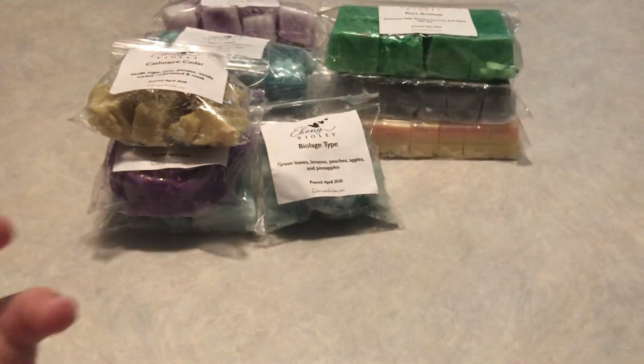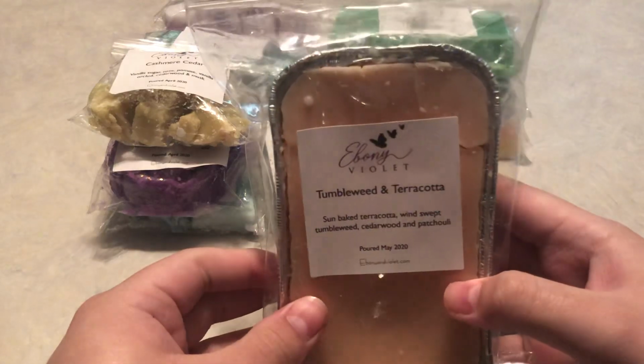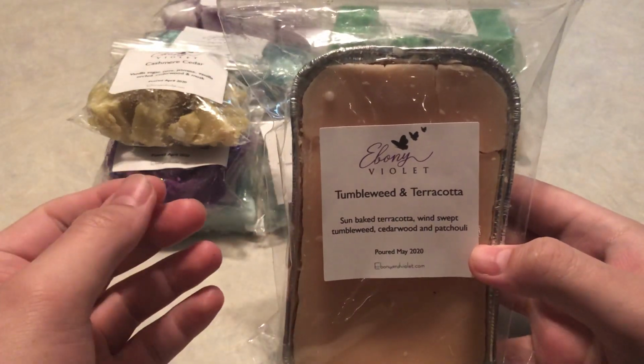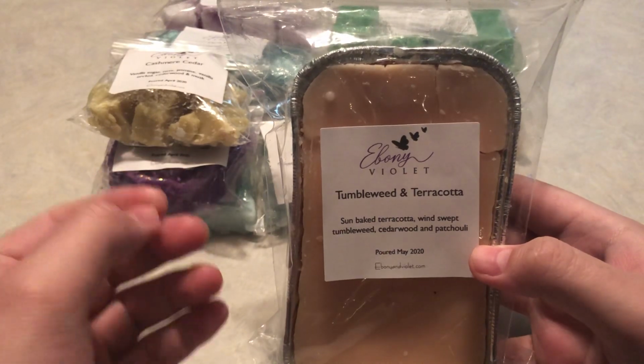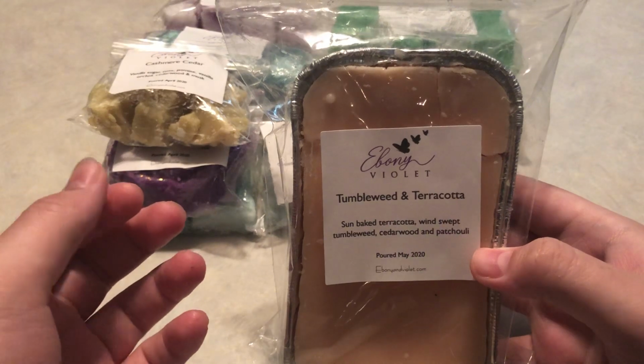It's a single oil. Tumbleweed and Terracotta has made its way into my top 3 favorite oils of all time, sitting up there with Blue Sugar and Cocoa Butter Cashmere. Y'all, when I say that I am obsessed with this oil, I am obsessed. This is one of my favorite oils to blend with because it is so unique and different. It really does smell like a cologne version, without the mahogany teak wood, headache kind of cologne,